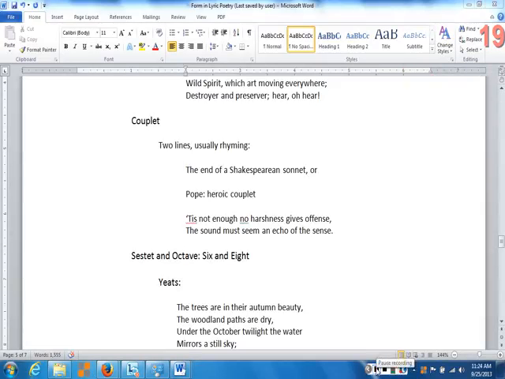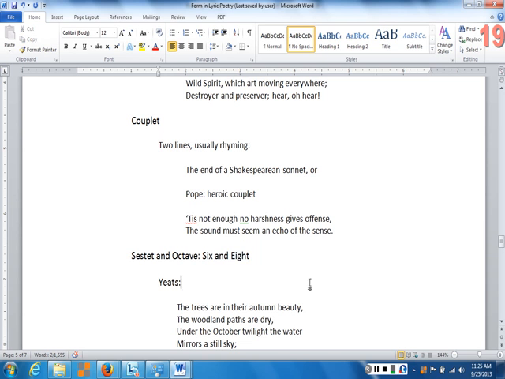All right, so we've looked at quatrain, and we've looked at tercet, we've looked at couplet, and so some other common stanzas, the sestet and the octave. Not quite as common as the quatrain, but you'll still find them. So sestet then is a stanza of 6 lines, and an octave is a stanza of 8 lines.